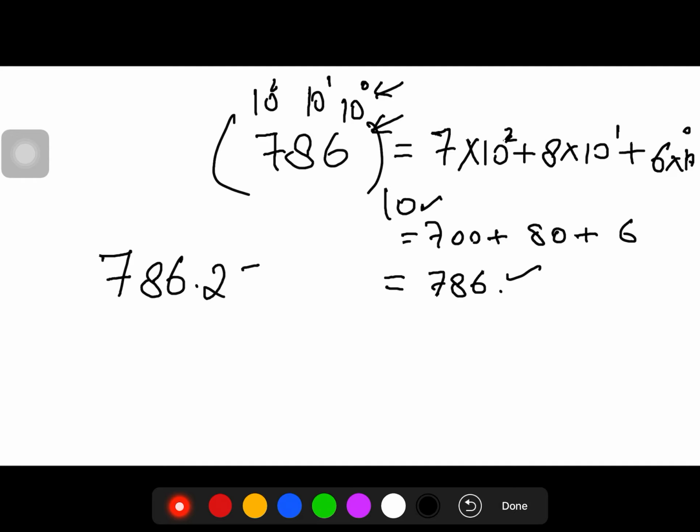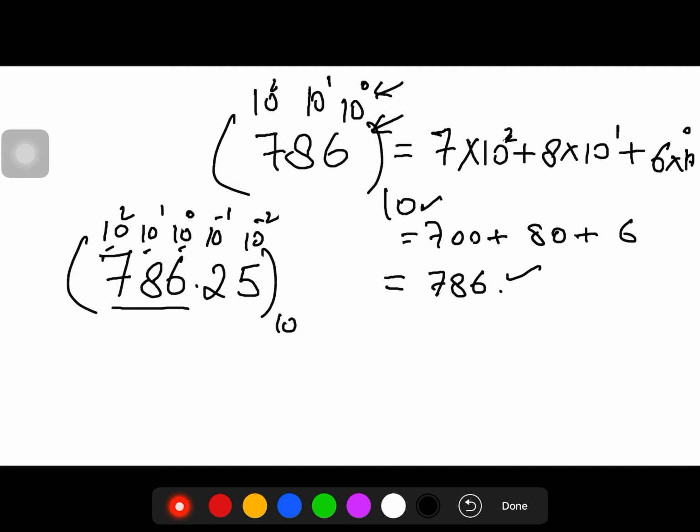Decimal number system also contains fractions in addition to the integral part. Number systems may also contain fractional parts. The place values are represented here as 10 raised power 0, 10 raised power 1, and 10 raised power 2. These are the unit, tens, and hundredth place. Fractional parts in the place value are represented by 10 raised power minus 1, 10 raised power minus 2, and so on. This is a notation.